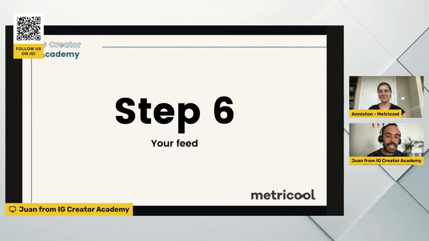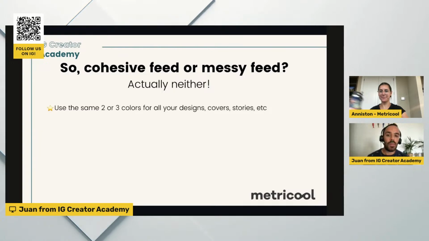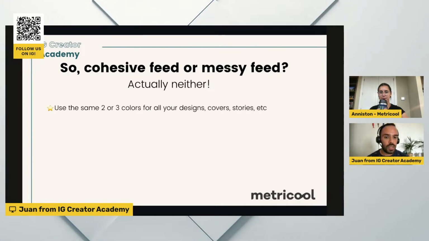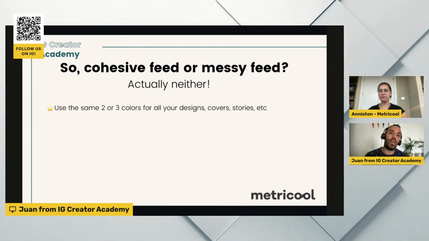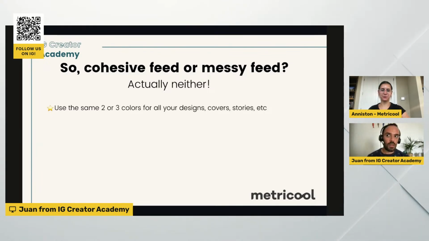And step number 6 is the Instagram feed. I know a lot of people ask themselves, should we have a cohesive feed or a messy feed? Actually, neither. Use the same 2 or 3 colors for all of your designs, covers, stories. This will help you build more brand recognition. So when someone sees your colors, they know, okay, this might be this person.